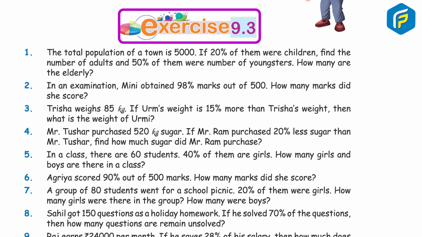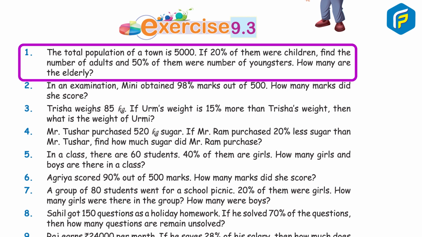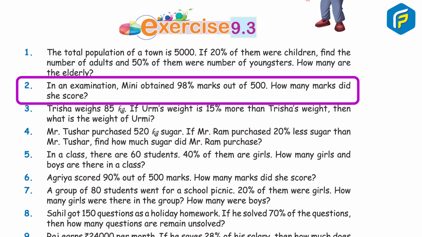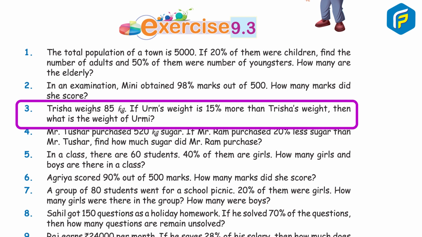Exercise 9.3. Question 1. The total population of a town is 5,000. If 20% of them were children, find the number of adults, and 50% of them were youngsters. How many are the elderly? Answer 1500. Question 2. In an examination, Minnie obtained 98% marks out of 500. How many marks did she score? Answer 490. Question 3. Trisha weighs 85 kg. If Urmi's weight is 50% more than Trisha's weight, then what is the weight of Urmi? Answer